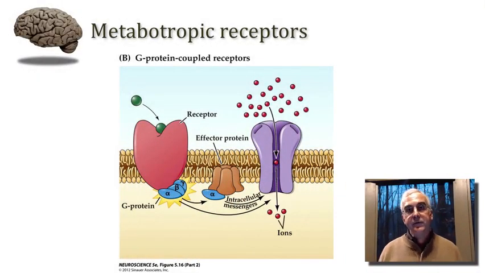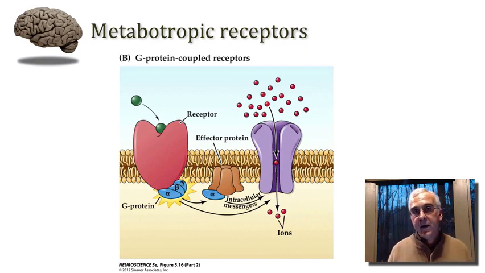Okay, well, we're ready to shift gears now and talk about our metabotropic receptors. Again, these are receptors for neurotransmitters that are not ion channels. Rather, these receptors interact with a series of second messenger pathways within cells that lead to a variety of postsynaptic effects. Perhaps the opening and closing of ion channels, but maybe a great diversity of other kinds of postsynaptic effects as well. So here's a typical example of a metabotropic receptor, also known as a G protein coupled receptor, because